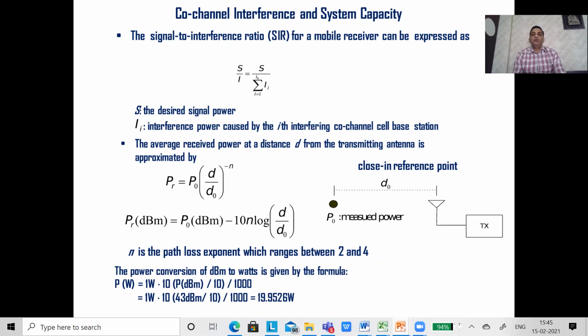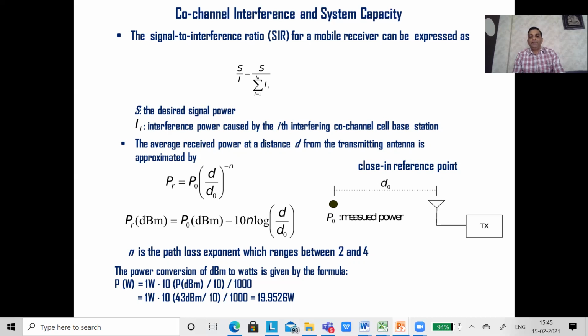Next, look at a few more points related to signal to interference ratio. The signal to interference ratio for a mobile receiver can be expressed mathematically as S by I equal to S by summation i equal to 1 to I0 of I. So S here is the desired signal power, I is the interference power caused by the ith interfering co-channel cell